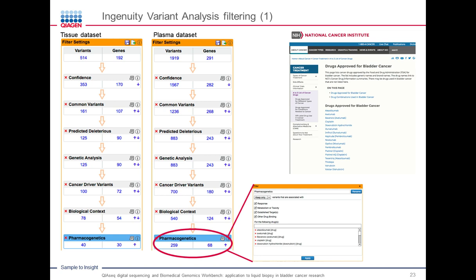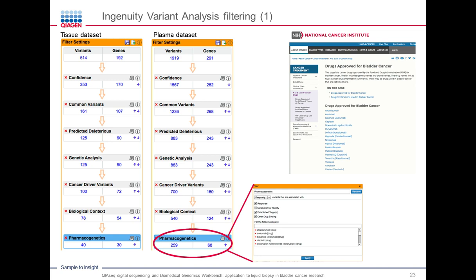For those of you who haven't been using IVA before, IVA has a very powerful workflow system where you can filter variants sequentially according to a number of very powerful criteria. In this workflow, I can show a filter that is based on the classic known filters to remove common variants, for example, retain those that are predicted as deleterious, retain those that are connected to the biology of the tumor,